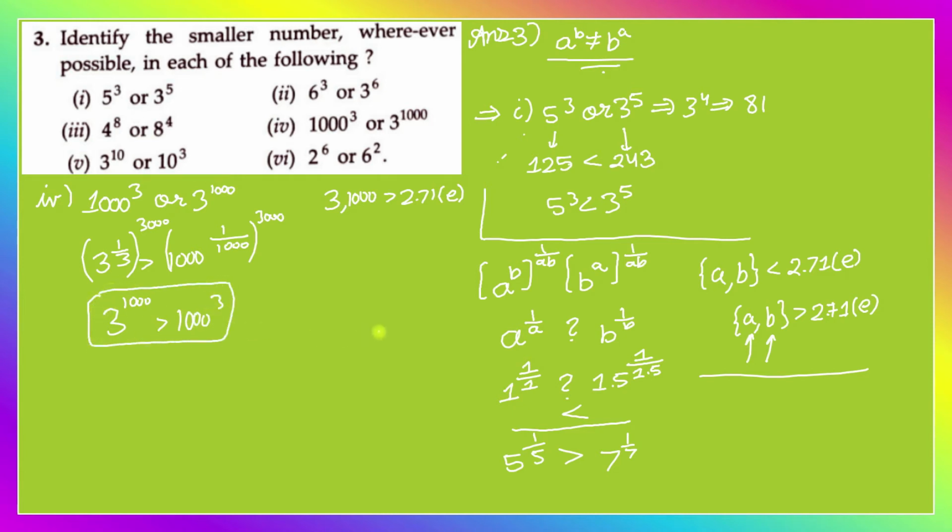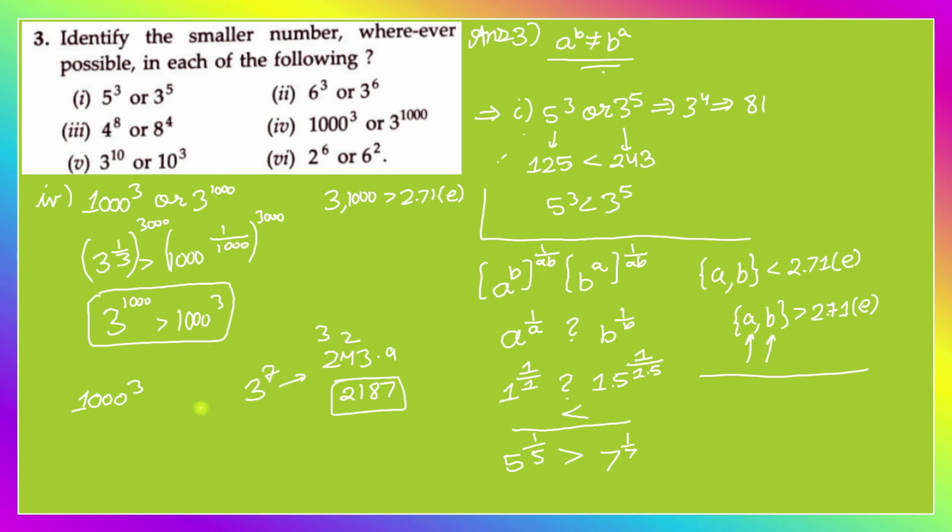But if you cannot understand this, one more trick is for you, that is 1000 to the power of 3. Suppose you try to calculate 3 to the power of 7: you multiply 243 by 9. 9 times 3 is 27, 9 times 4 is 36, plus 2 is 38, and 9 times 2 is 18, 18 plus 3 is 21. So we get 2187, like this.